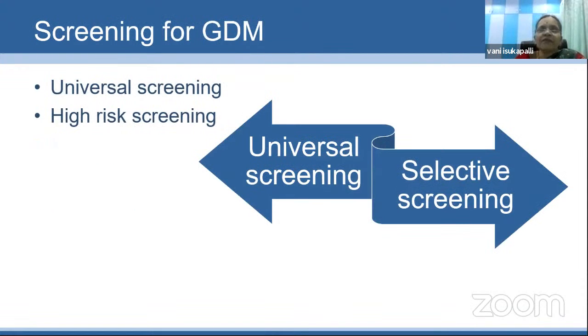Then, coming to screening for gestational diabetes, we have routine antenatal women coming to us in the antenatal clinic. What to do in those cases? Here we adopt a strategy because we know in India, GDM is coming like an epidemic and we are all at high risk. Indian women are at high risk for developing gestational diabetes based on the geographic conditions and ethnicity itself. Therefore, we have to adopt what is called universal screening. That is, don't leave any antenatal woman. Every woman has to be screened.